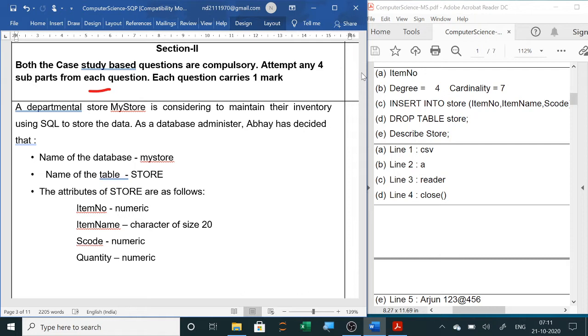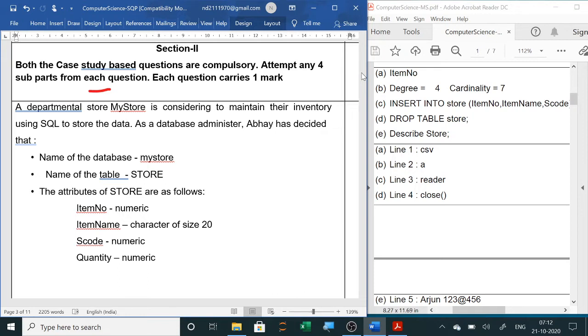In this section 2 of part A we have two case studies. These case studies have 5 questions of 1 mark each, out of which we have to solve only 4 questions. So we will start with the first one. A departmental store, My Store, is considering maintaining their inventory using SQL to store the data.